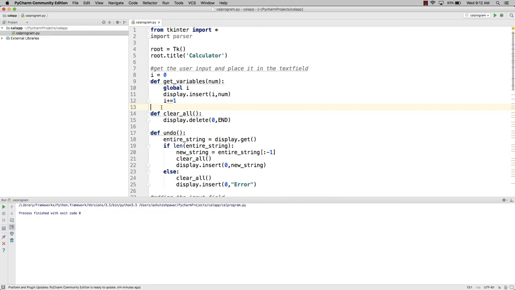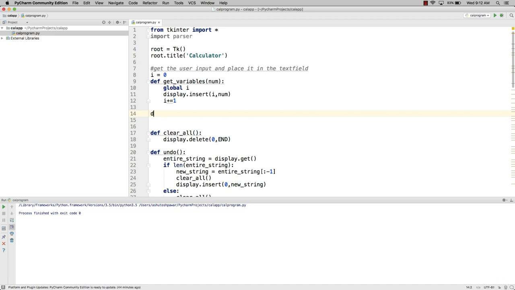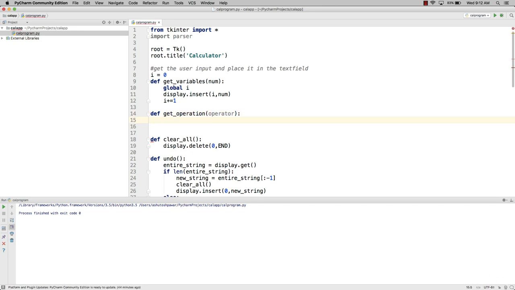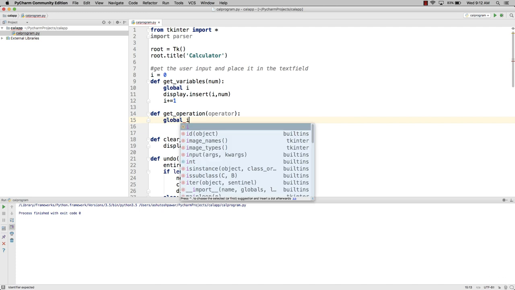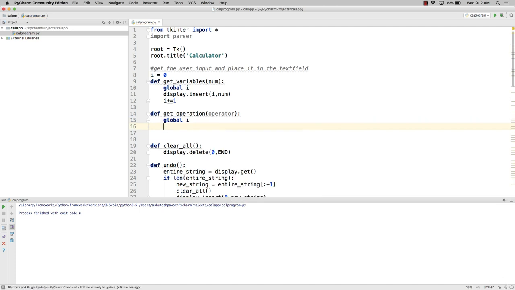So I'll go right over here and we will define a new function, and that function is actually going to be called, let's say, get operation. What this is going to do is that it's going to accept an operator, and once we have this operator over here, we are actually going to do the same thing as we have done with these variables over here. So we will type in global I, declaring the variable I as global, and then we will basically go ahead